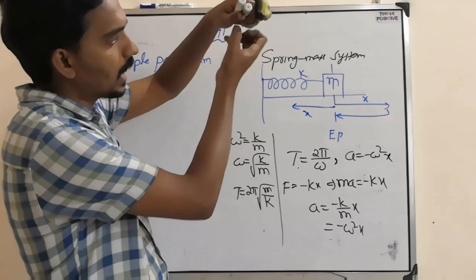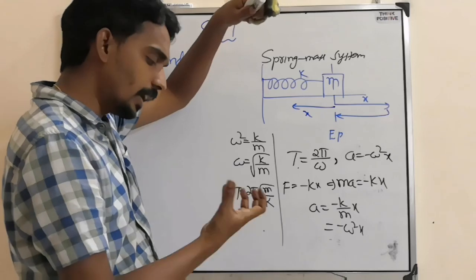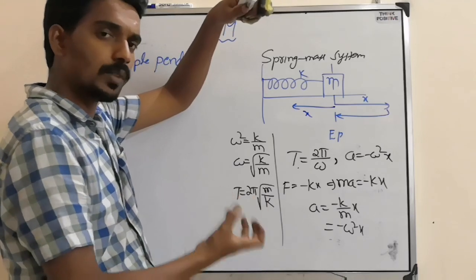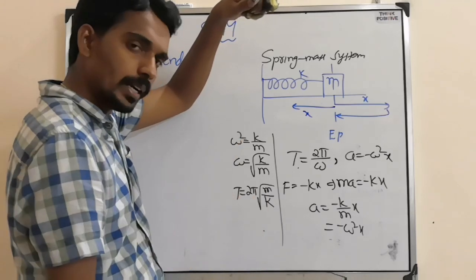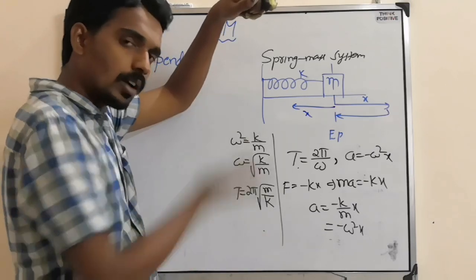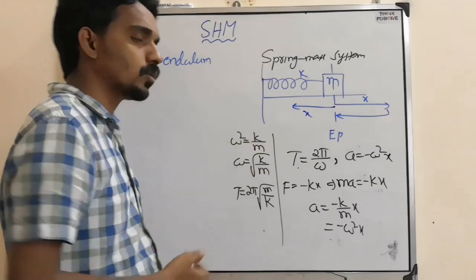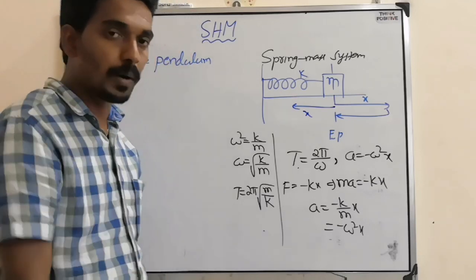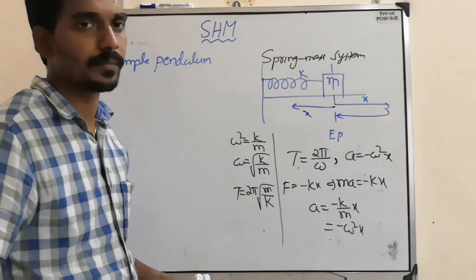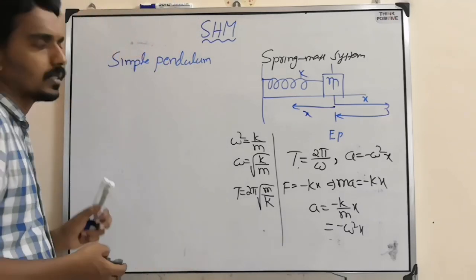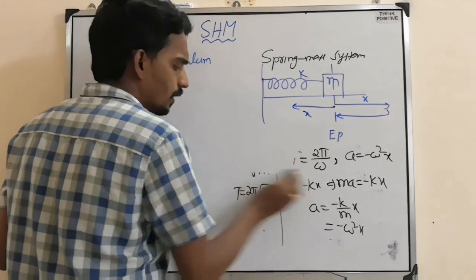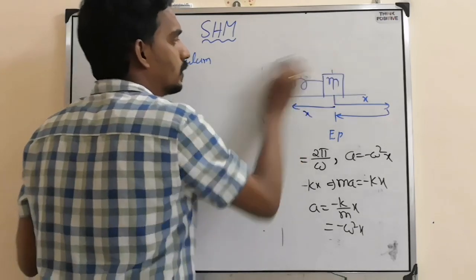You take a spring attached from the ceiling, and at the other end, if you attach one mass and slightly pull it by x and leave it, then it will oscillate, and there also the time period is how much? 2 pi root m by k. So this is the spring mass system. Now in a similar way, if you consider